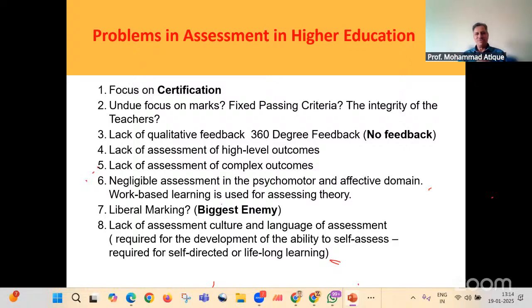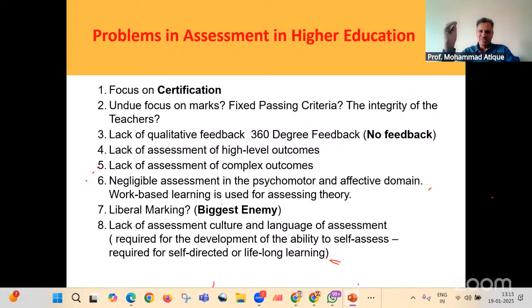Then, undue focus on marks. Again, we have very hard boundaries when it comes to assessment. If you say 40 is the passing mark, then at 39 you simply declare a person has failed. But as a matter of fact, it is not justice to that particular student. So what I intend to say is, we have to have a flexible passing criteria, which is there in almost all the premier institutions like IITs.